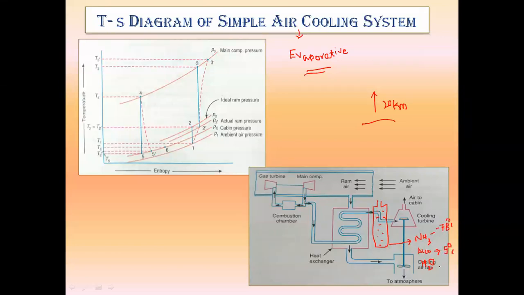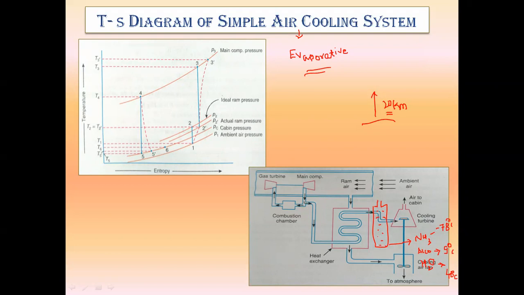And for water, the boiling point temperature at Earth's surface is 100 degrees centigrade, but at a higher altitude, that means at 20 kilometers from Earth's surface, the boiling point temperature of water is 40 degrees centigrade. So inside the evaporator, I'm going to add the cooling medium as either ammonia, alcohol, or water, which have a lower boiling point temperature at higher altitude. Alcohol has a boiling point temperature of 9 degrees, ammonia minus 78 degrees centigrade, water 40 degrees centigrade.